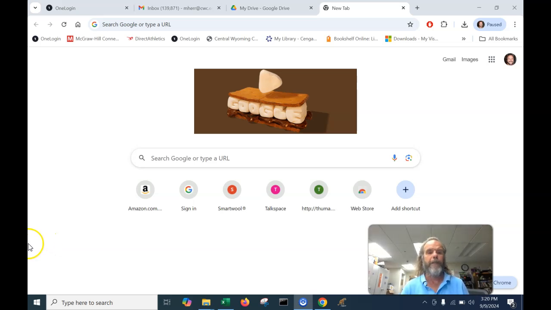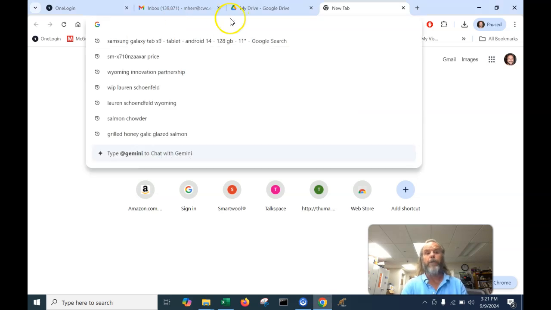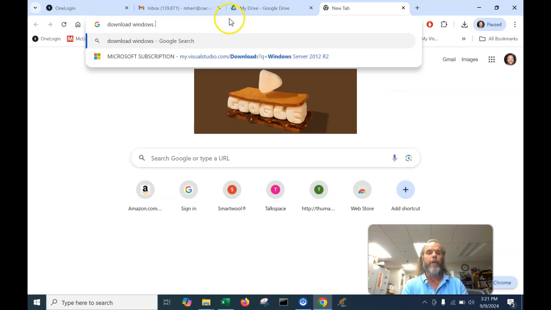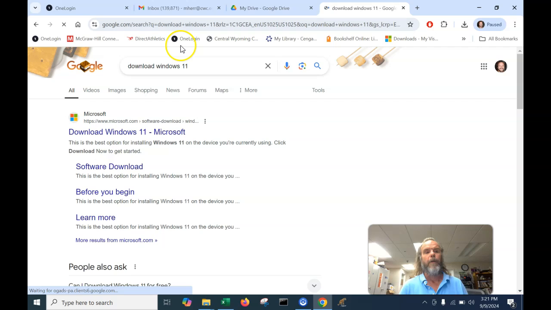Hey folks, this is just a really quick video to show you how to download the latest copy of Windows and make this download into a USB that you can then install Windows onto a new device. So the first thing I would do is a Google search for download Windows 11,